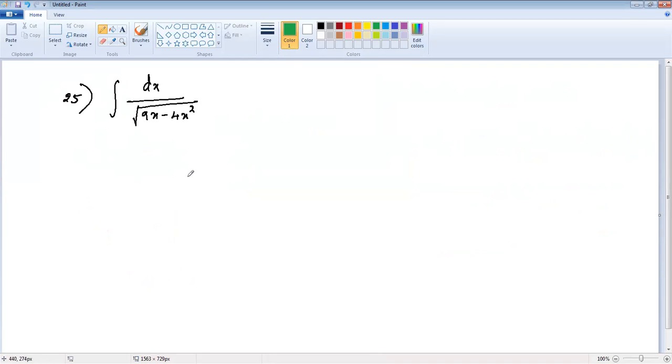So in this question, actually, the numerator you don't have px plus q form, so it is just one, right? dx by. So it is directly completing the square and proceeding. And if you want to complete the square, you just look into it. 9x minus 4x square, right? Actually, you have to take out minus 4 because the coefficient of x square should be 1. Okay, so it becomes x square minus 9 by 4,